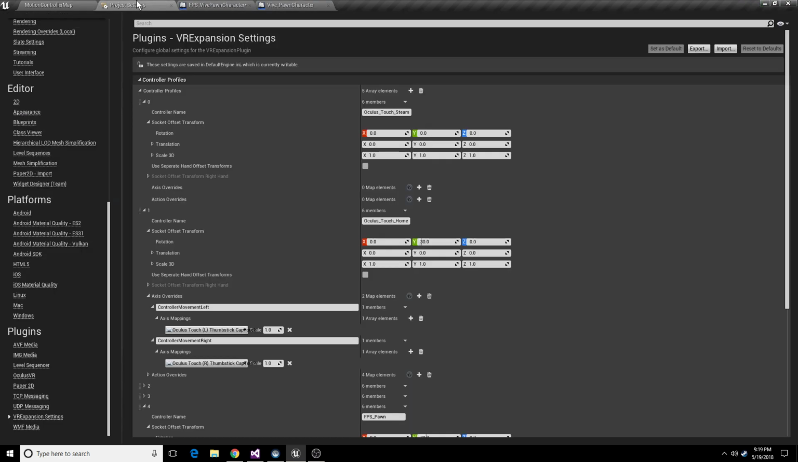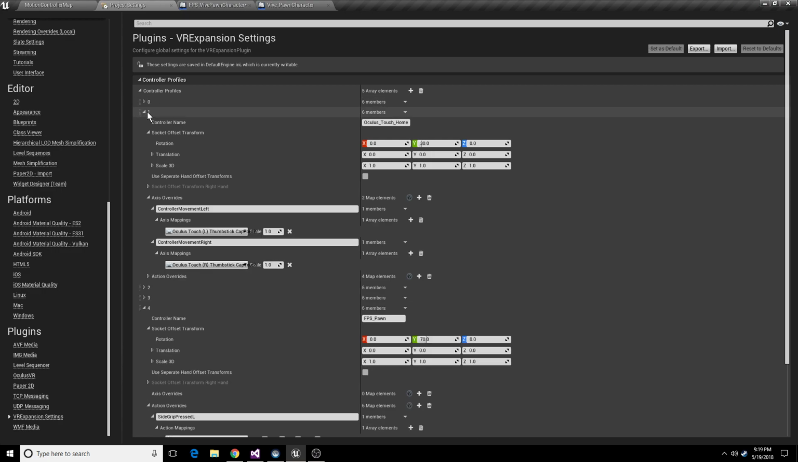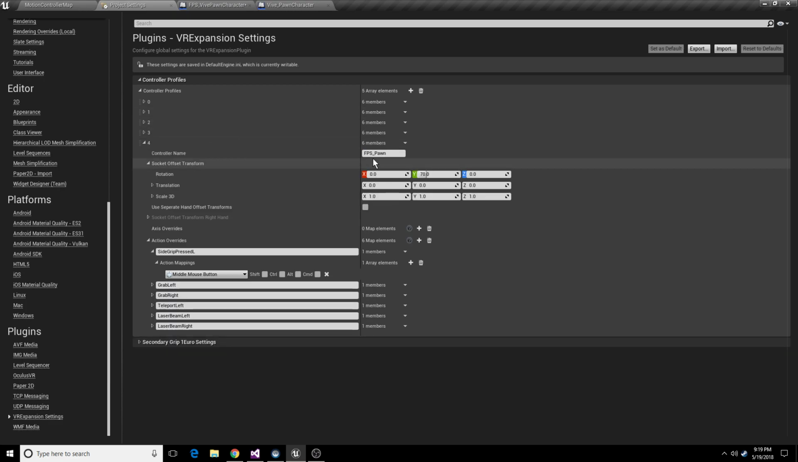These profiles probably still need adjustments, but this is why I started with today, to get the profiles set up. Outside of the offset transforms, we have axis and action overrides, which are, I guess, the big main cool part about this. And it is that, let's say you have touch controllers, you generally want to pick up